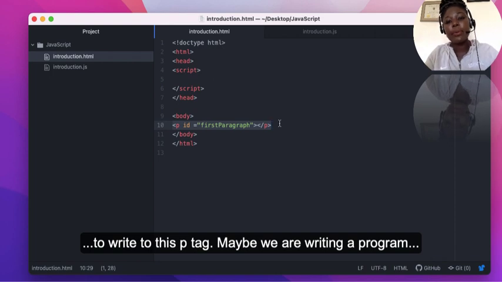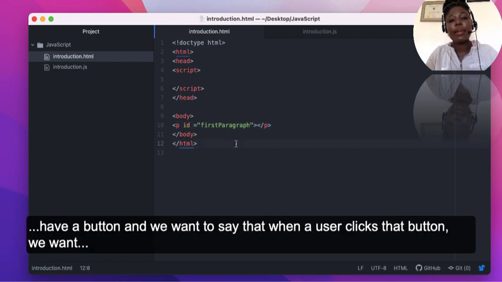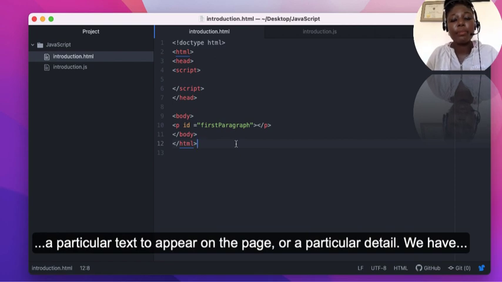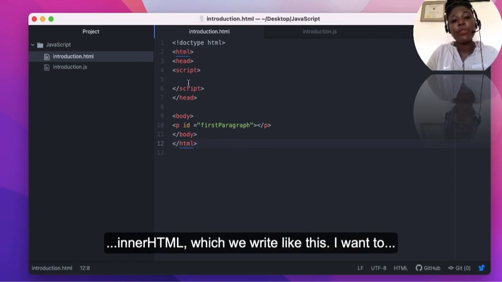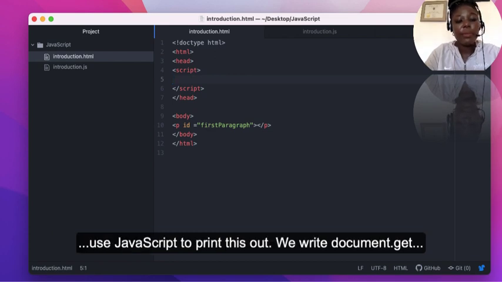Maybe we're writing a program where we want an action to happen based on what the user does, or we have a button and we want to say that when a user clicks that button, we want a particular text to appear on the page or a particular detail. We have innerHTML, which we write like this. I want to print out, this is the first paragraph on this page, and I want to use JavaScript to print this out. We write